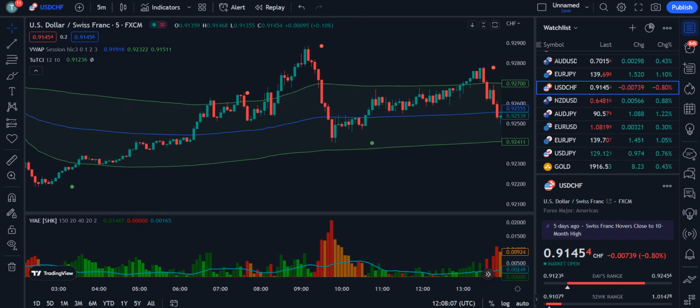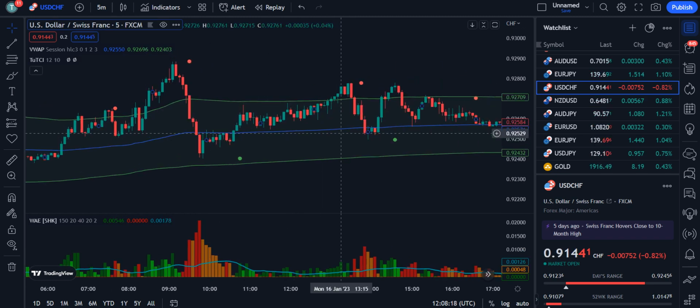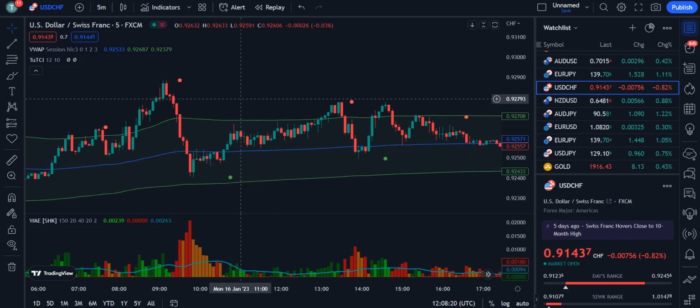So all four conditions are fulfilled, and we are ready to enter the market for the bearish trend. We will take the sell signal. These are the options that will tell you how to enter the market for successful trading,